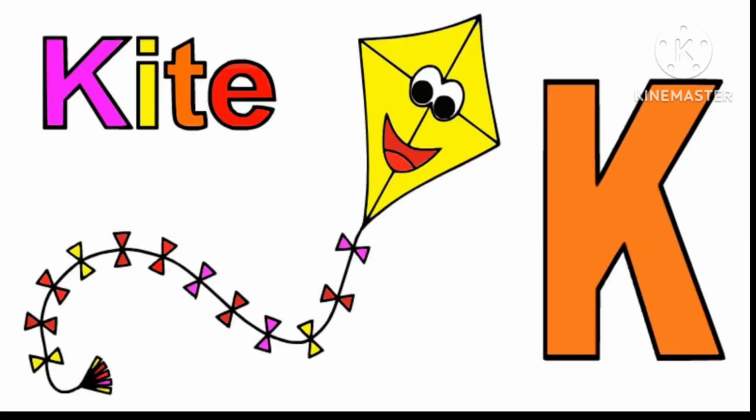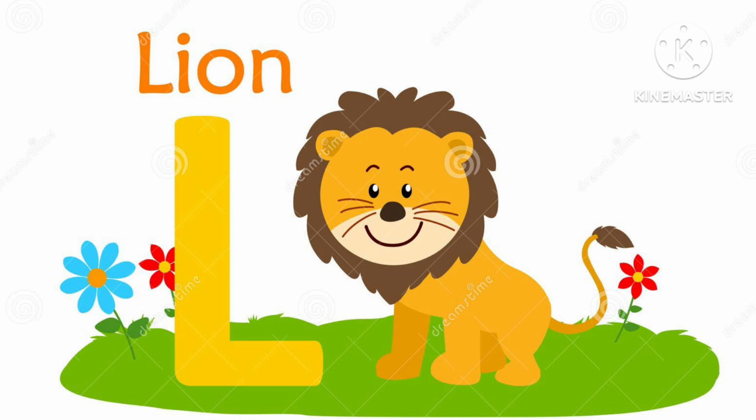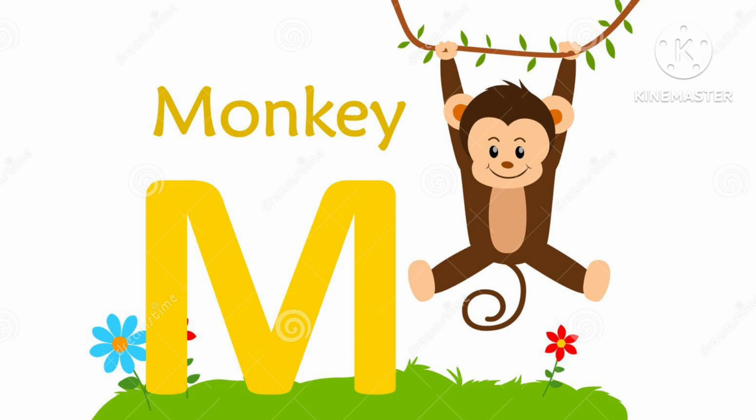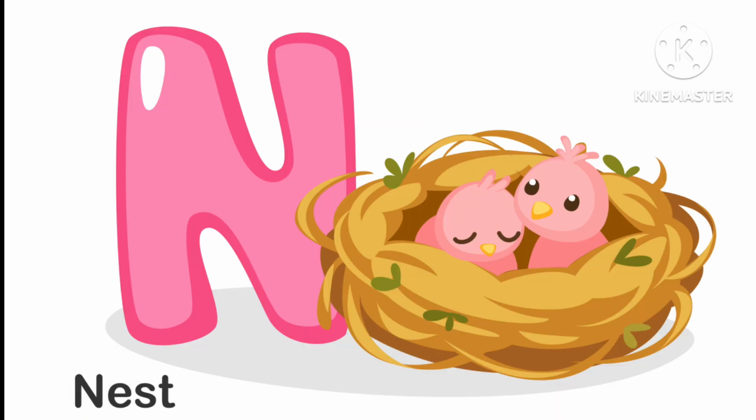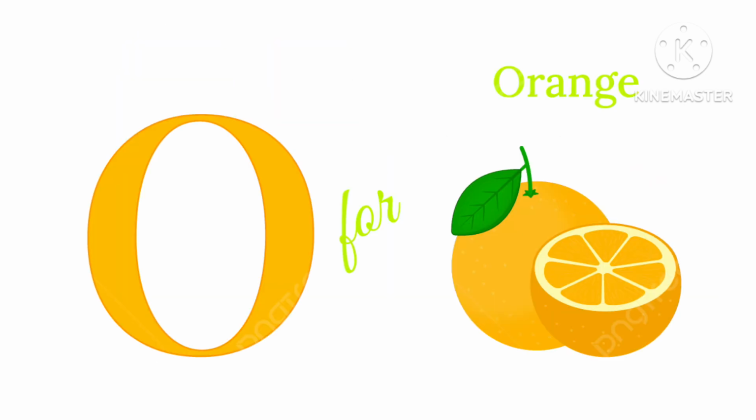juice. K for kite, kite. L for lion, lion. M for monkey, monkey. N for nest, nest. O for orange,